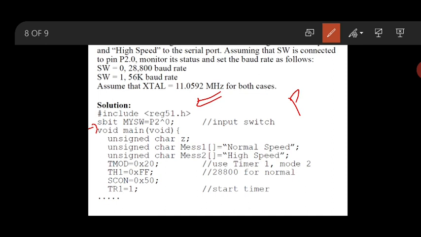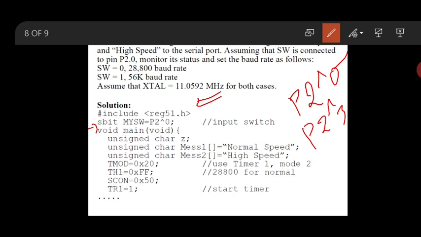We can't write 2.0; we have to write it with a capital P, P2, indicating port 2. Which bit? The 0th bit. If I want to access the 4th bit of P2, counting 0, 1, 2, 3, that is the 4th bit, that is 3, like this. It is a C representation.